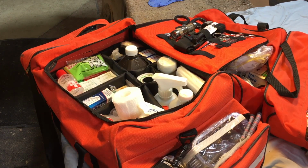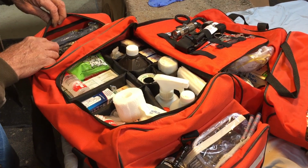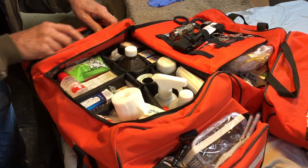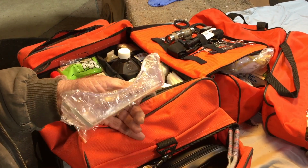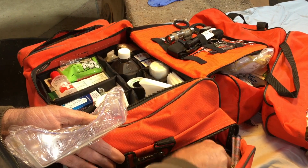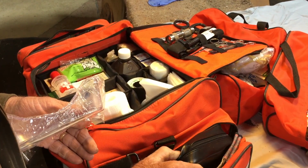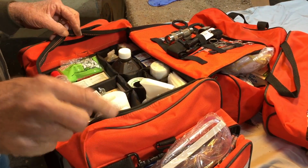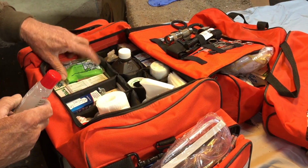Okay, I think I've got this fairly organized. So all the large wound bandages are in here, like an Israeli, and some ACE bandages are in here. And on the opposite side, I've got a mask, some regular gloves, a large ACE bandage, masks, stethoscope, blood pressure, oh man, what's the name for that thing? You know, that thing. Okay, so there's sanitizer, cold packs,